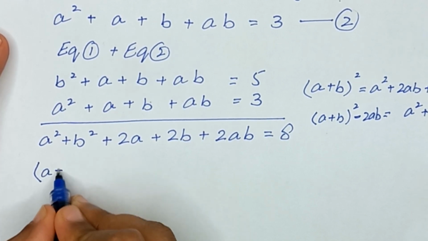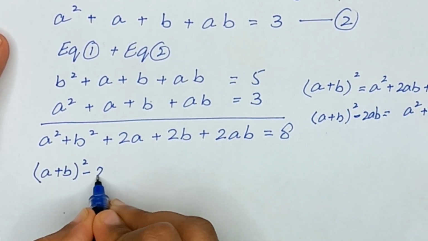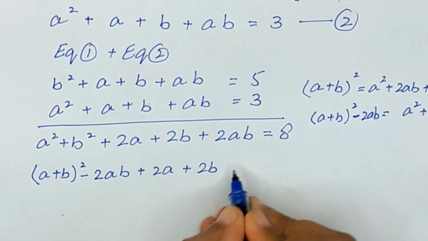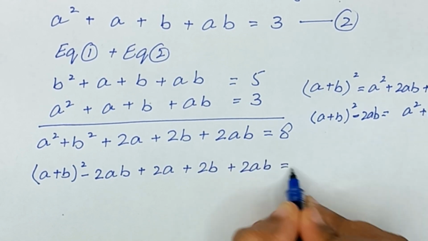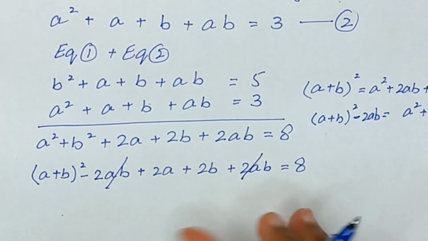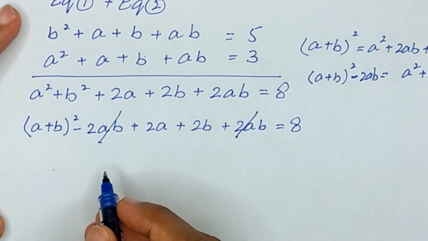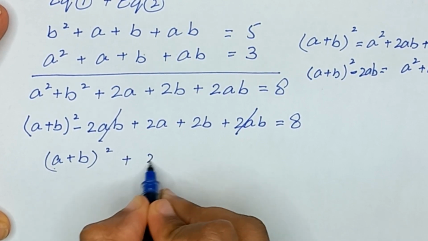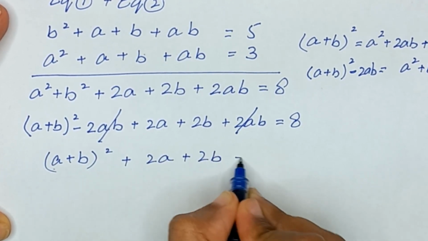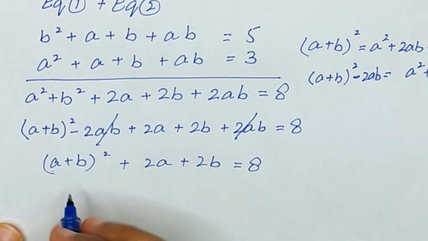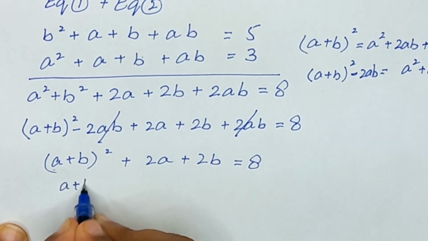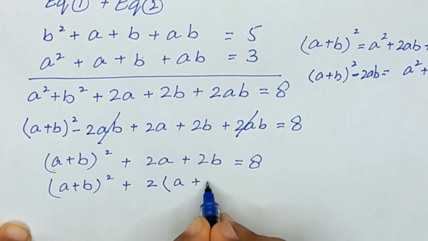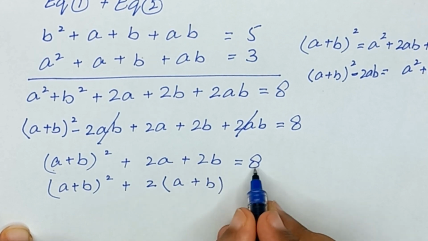A square plus B square is A plus B whole square minus 2AB, plus 2A plus 2B plus 2AB is equal to 8. So from here, negative 2AB and plus 2AB will be cancelled out, and it will become A plus B whole square plus 2A plus 2B is equal to 8. Now, A plus B whole square, and from these two terms we have 2 common, so it will become A plus B, and we will take this 8 to the left hand side, so it will become minus 8